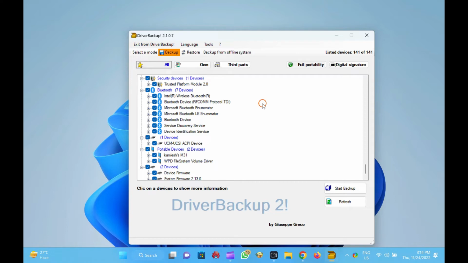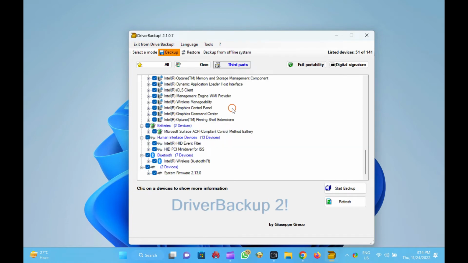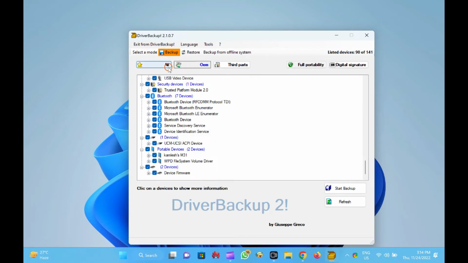The view is similar to the Device Manager with an additional checkbox. It allows you to back up all drivers, only OEM drivers, or only third-party drivers. You can also filter and do a selective backup of only third-party or only OEM drivers. Windows 11 and 10 install the system drivers most of the time, so it is better to back up selective drivers to save space.